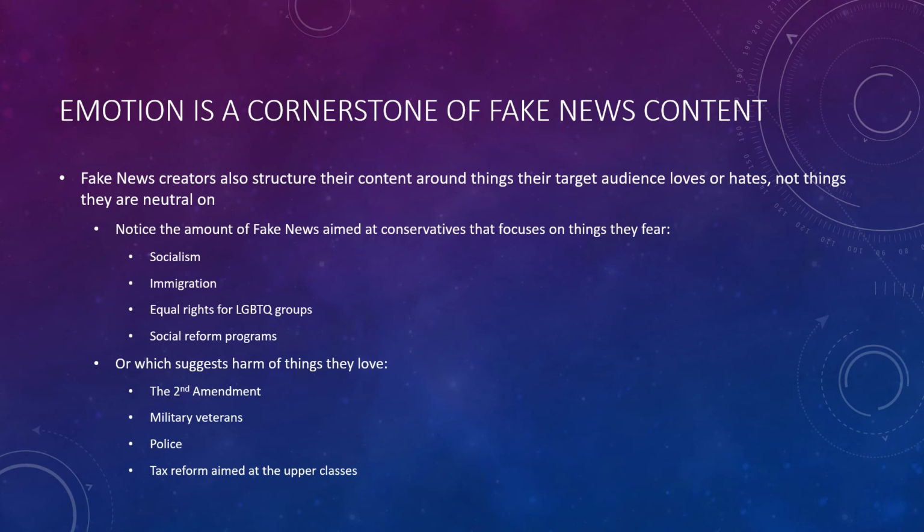Going along with those, emotion is a real cornerstone of fake news content. Fake news creators are trying to structure their content around the things that they know their target audience loves or hates, not things that they're neutral on, right? So a lot of fake news that you're going to see out there gets aimed at the conservative audience. Just taking them as an example, there's certainly some that's aimed at liberals as well. But just looking at the example for conservatives here, you're going to see a lot of fake news that's aimed